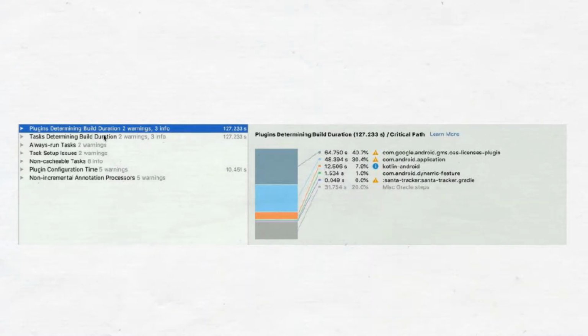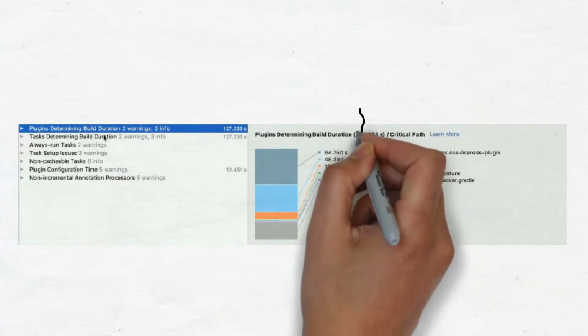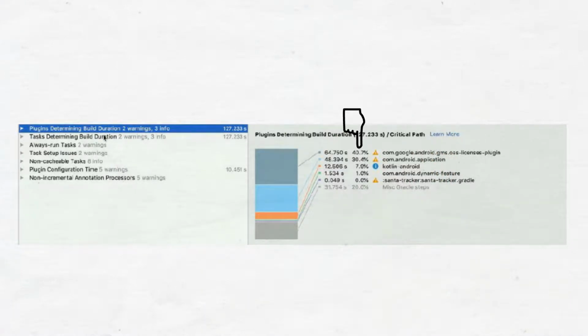Android Studio also gives you a breakdown for each plugin. As you can see here, there is a plugin which is taking up 40% of this build. This is a third-party license plugin which fetches license files over the network and inserts them into the help menu. But here we can say that we don't need it on every single debug build, so we can investigate and move it into release builds. So this gives us an insight that we can then go and do something about it.